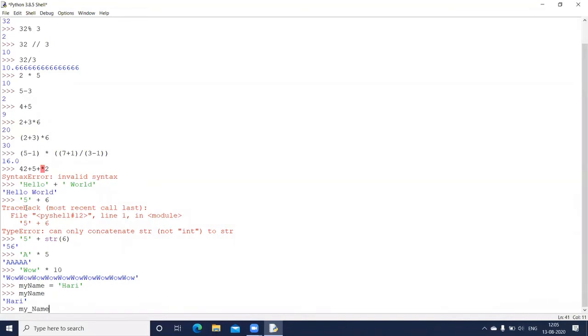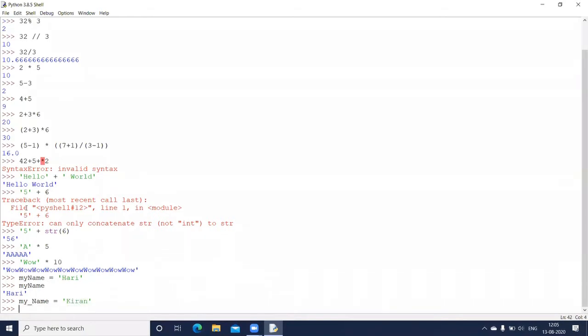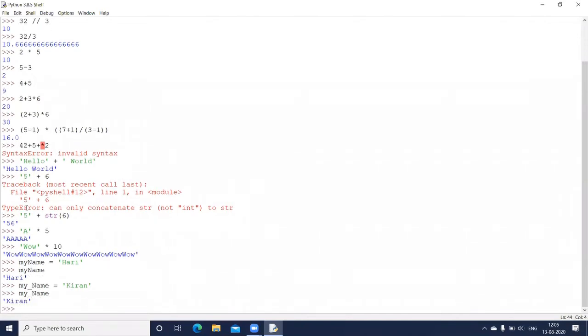This is possible, and I can assign some value here. Either I can use single quotes or double quotes. Let's use single quotes, say Kiran. Even this works. So my underscore name, and it gives you the output. Clear?